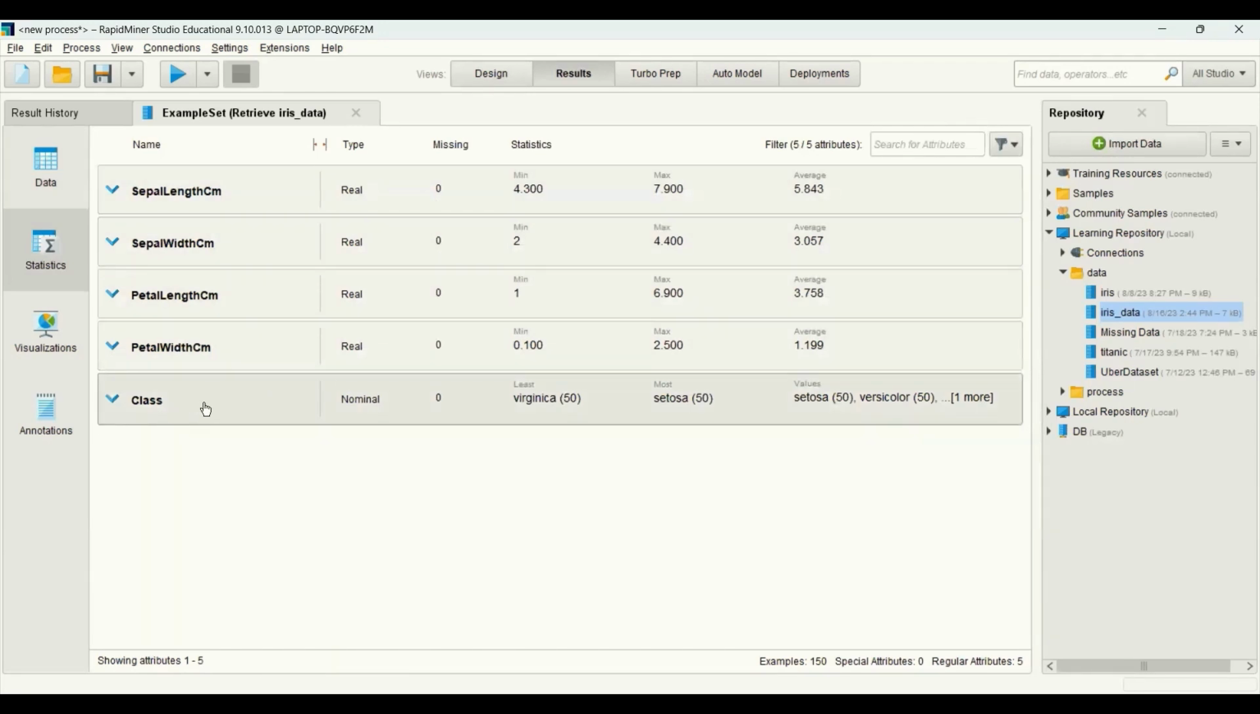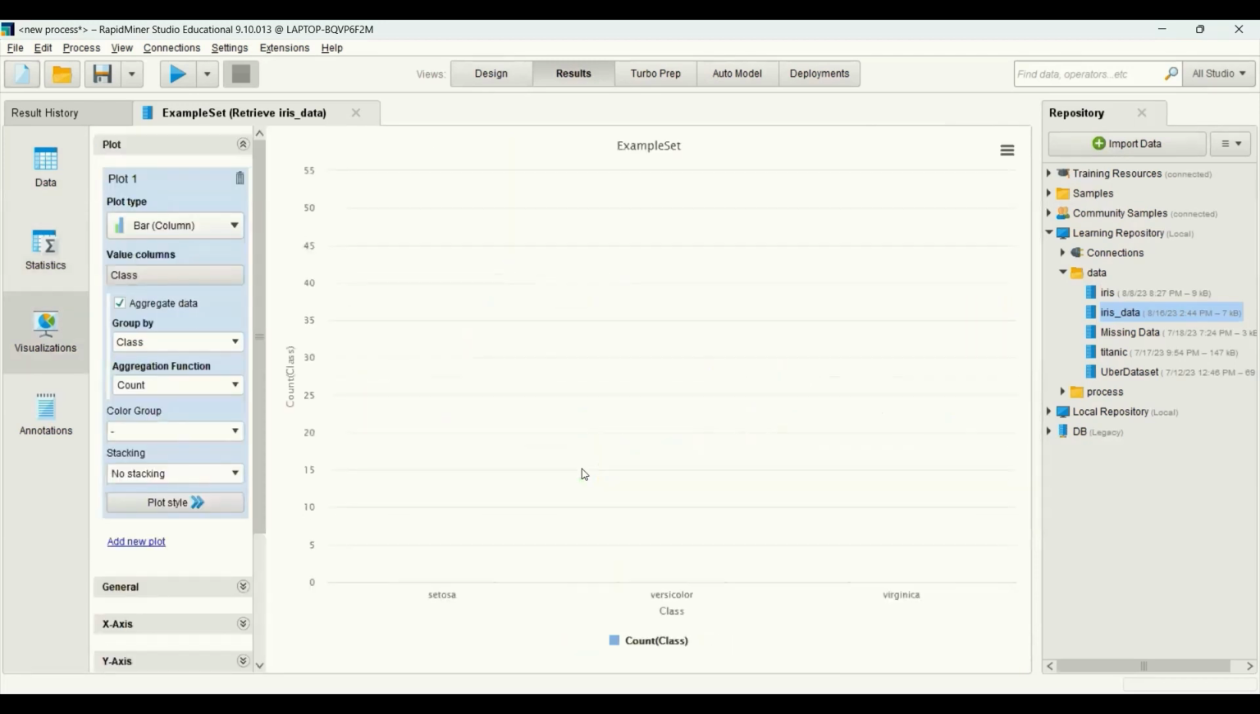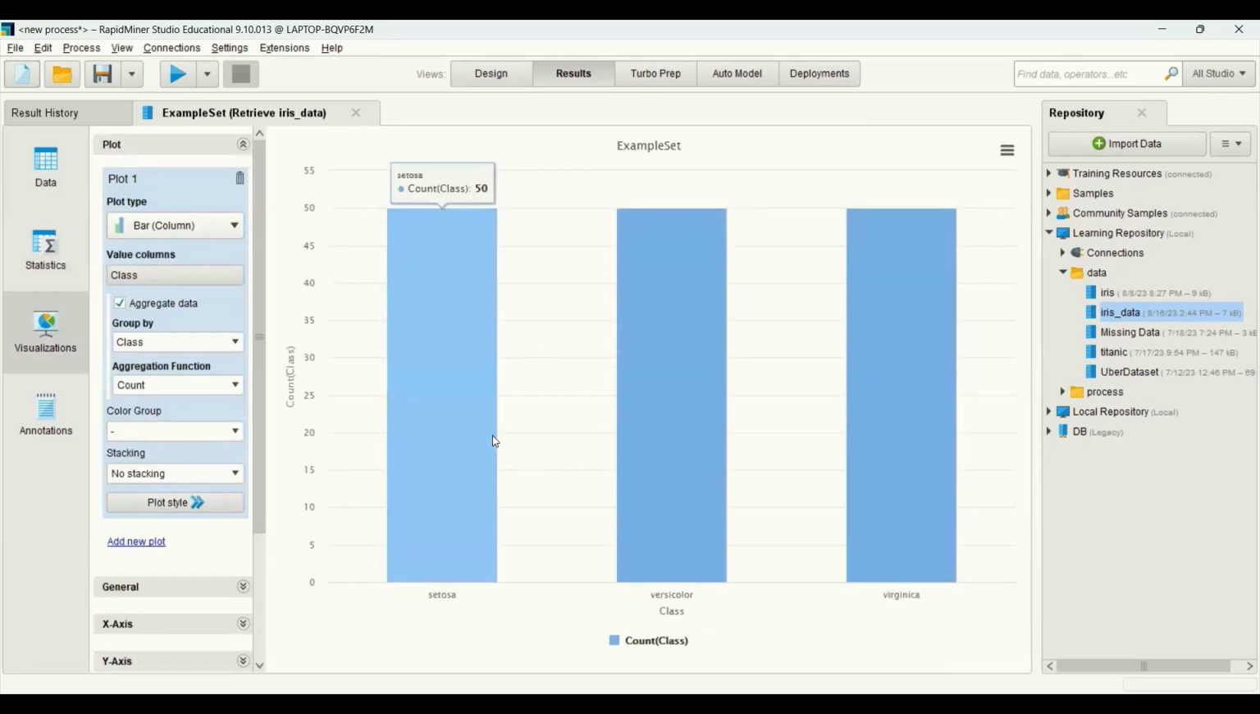And we can take a look at the class distribution as well. And if I just open the visualization, we see that we have 3 different classes, Setosa, Versicolor, and Virginica, and all of them have the same amount of